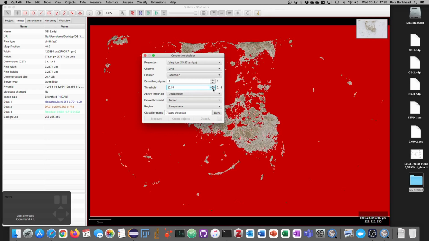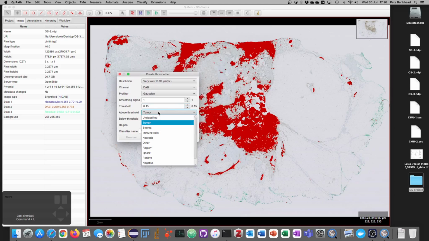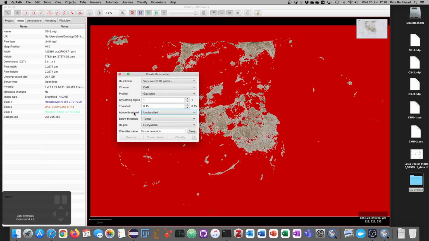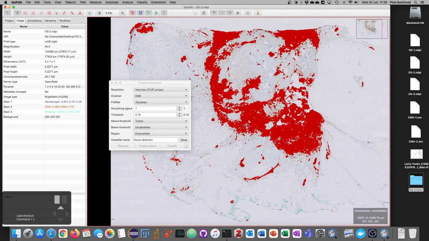What I have done here is I have wrongly said that I want everything below the threshold to be classed as shimmer and everything above as unclassified, but if I double click on that, it can switch it, because I made that mistake way too often to want to have to adjust it every time. So double clicking here will switch the order of the thresholds. And so if you'll indulge me and let me say that everything above the threshold should be called shimmer, then